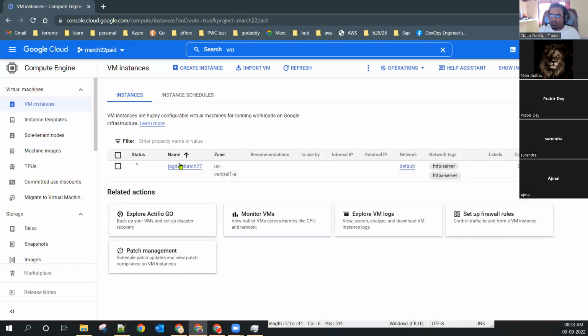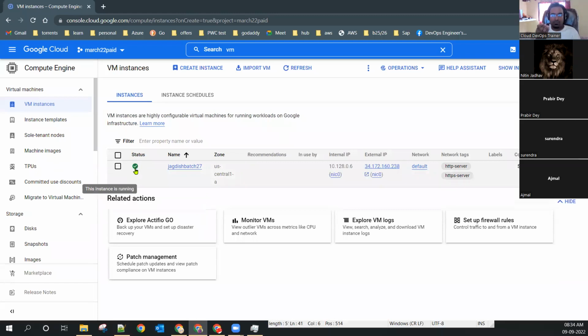And this will be the name, Jagdish. Internal IP, external IP will be available, and the next option is SSH. Guys, can anyone help me out? After creation of the machine, why is this roaming? What does it mean? It shows the status of the machine. At this point it is running, so it comes as green. Earlier it was roaming because it was in the operation state. It is doing something, that's why it was roaming.